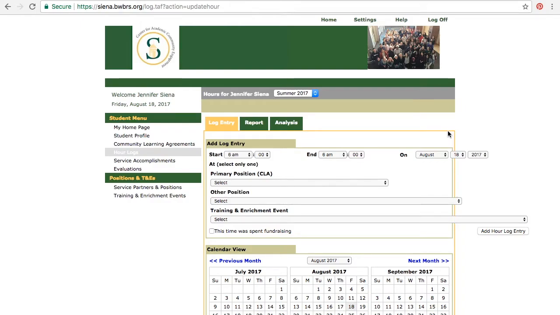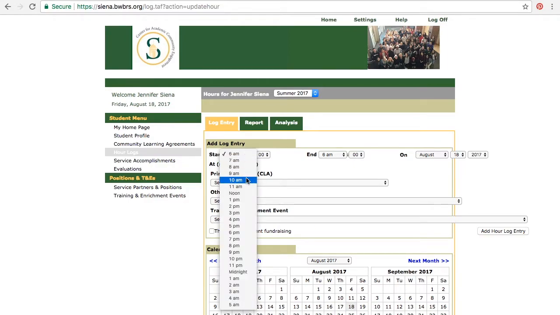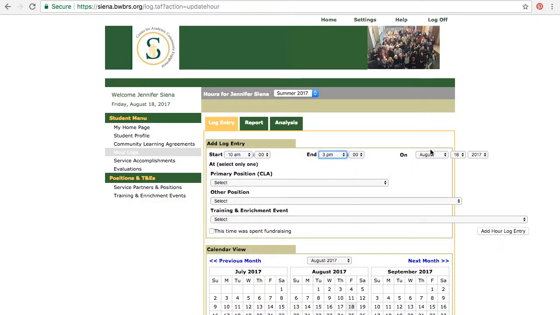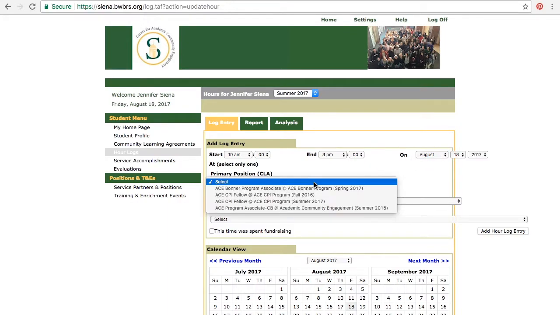So the next thing we're going to go over is hour logs. By choosing hour logs from the student menu, you will be brought to this page where you can input all of the hours that you're serving at your site. You can choose from the drop-down menu what time you started serving, what time you ended serving. Make sure you have the right date chosen,